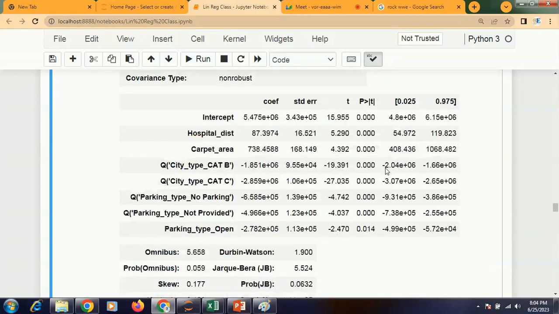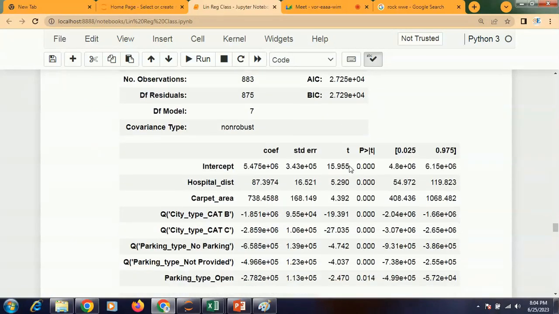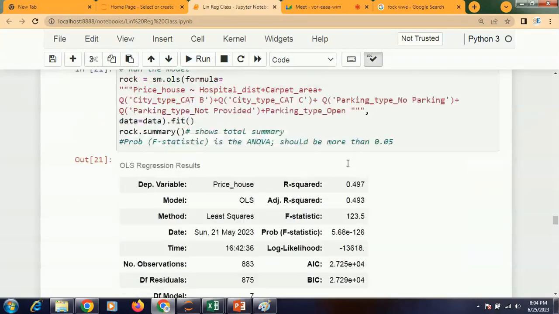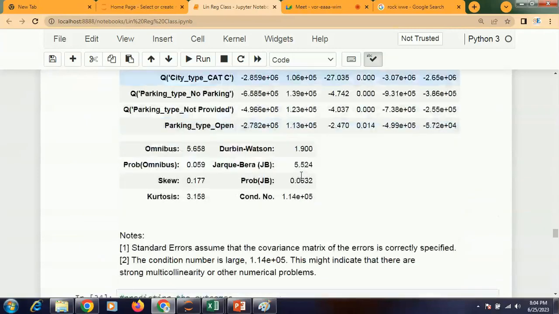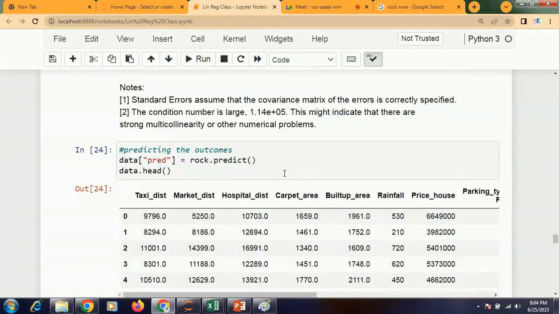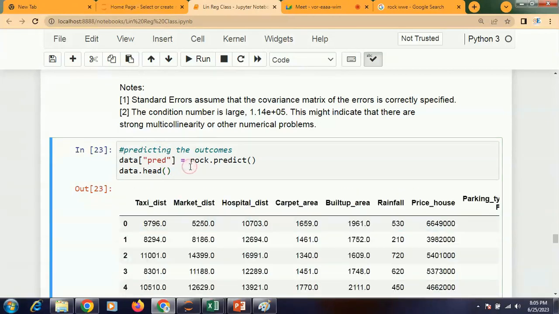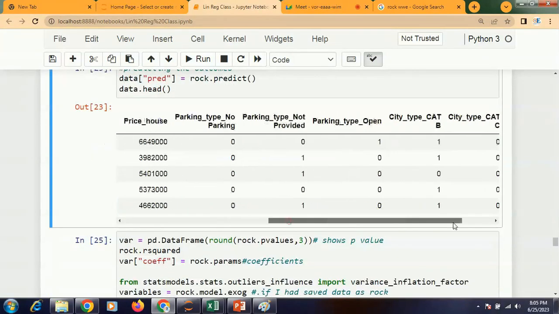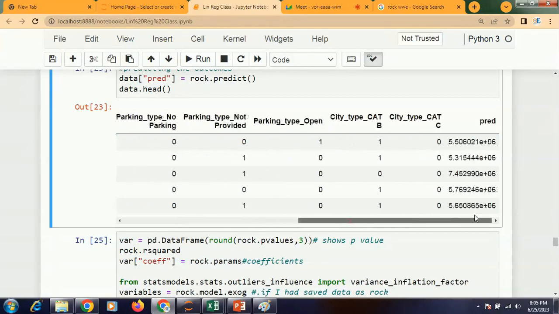Then the next part, we are done with this part. The next part we are going to check here, so we are done with these things. So let me delete this one, or let it be, no problem. Now what we are going to do is predict. For each row we are going to have a predicted value, the predicted price. This was my original price and this is my predicted price, but we'll do something with it later on.